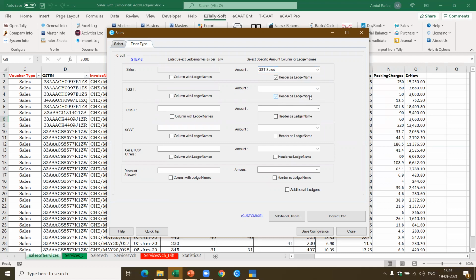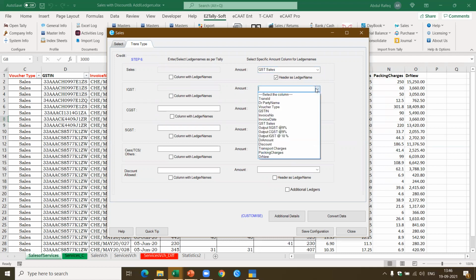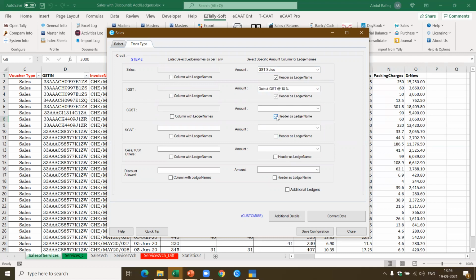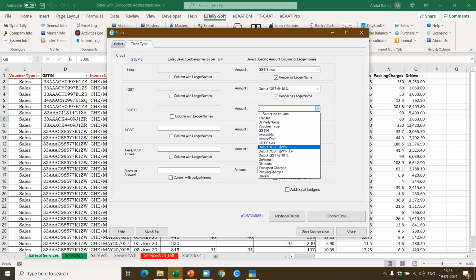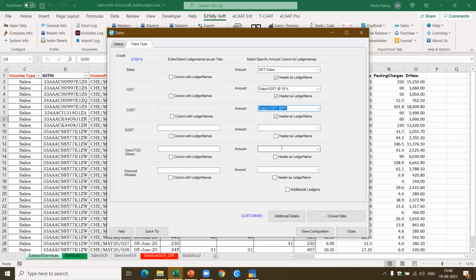Next I come back and select the IGST. And next I have to select the CGST. I type C, and it should give me this information. Okay, there's the output, that's why it's not coming. Now if you see here, once again, I type O. Now I have to select the SGST. This is selected. Now we also have discount here.